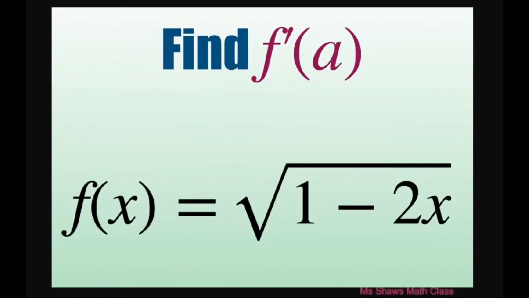Everyone, we're going to find f prime of a for f of x equals the square root of 1 minus 2x. So we're basically finding the derivative using the limit process. Instead of x, we're trying to find f prime of a. So we're doing f prime of a equals the limit